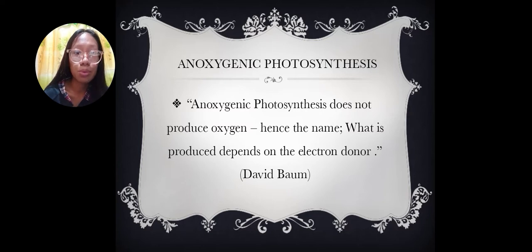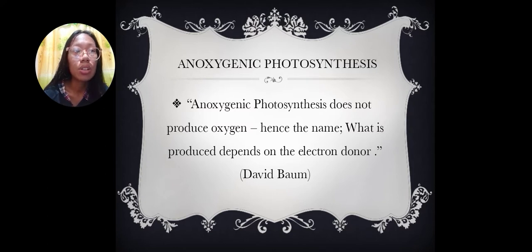What is produced depends on the electron donor. So that is according to David Baum, a professor of botany at the University of Wisconsin-Madison. An example of this is many bacteria use the bad egg-smelling gas hydrogen sulfide, producing solid sulfur as a